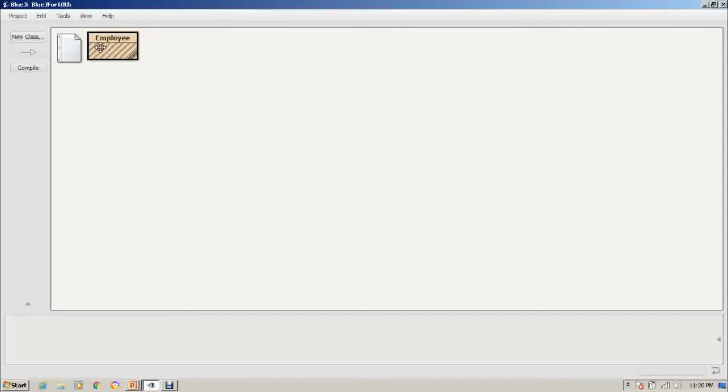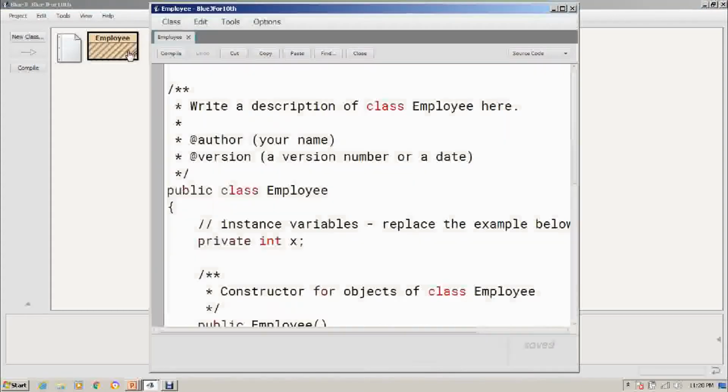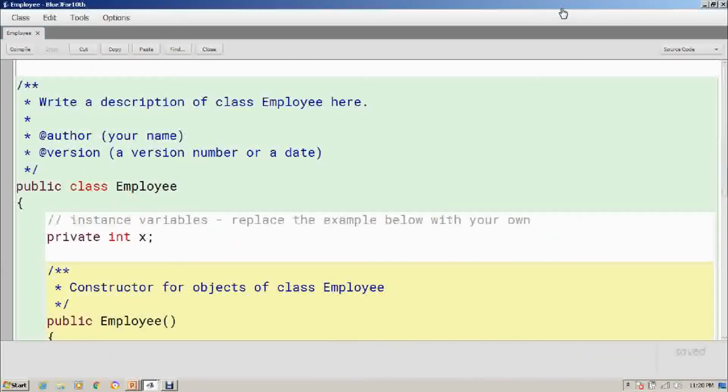As BlueJ IDE does most of the things for us, when you double click on it, you can find few codes written over there. Okay, fine, it's opened. So you can see few codes written over there. Now all these codes are not essential to perform the task, but to make it simpler for you, few of the codes I am deleting right now.